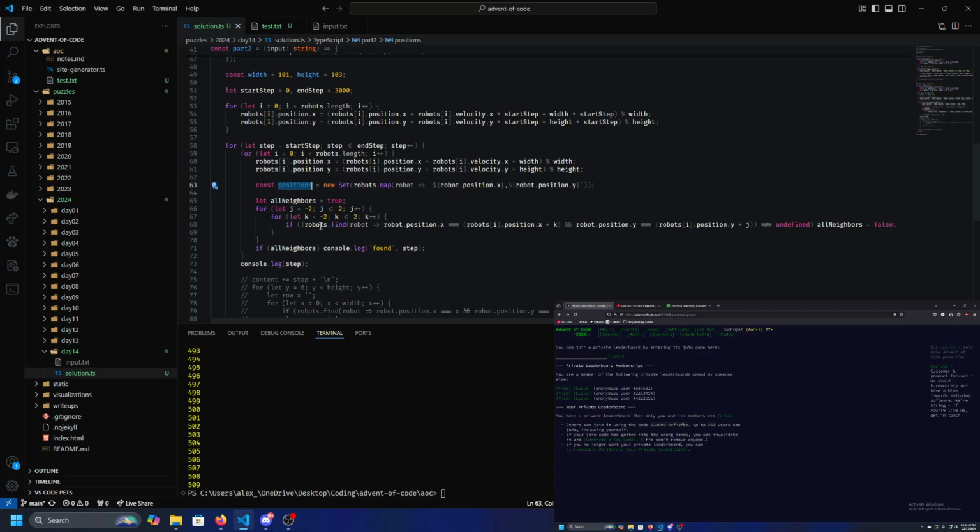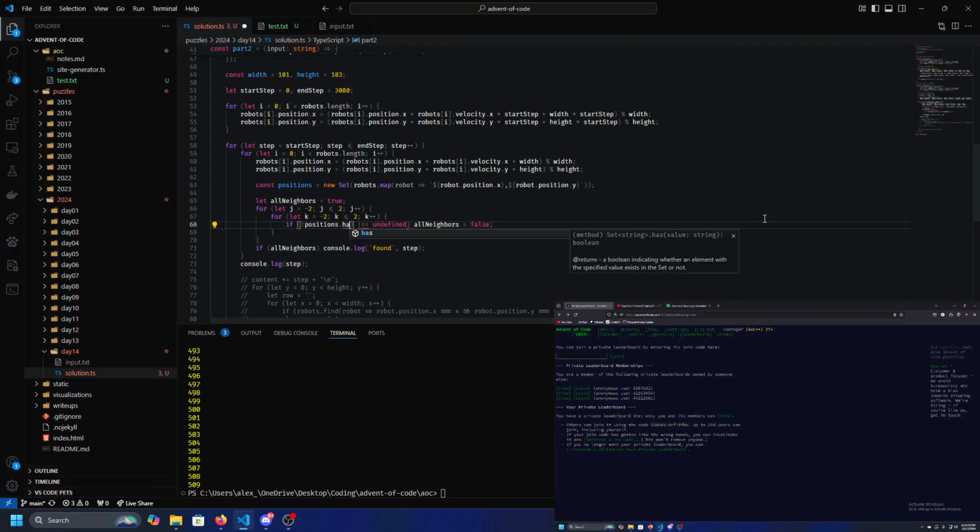And then instead of doing this, if robots doesn't have, now string, I feel like string operations though would be slower or faster than array operations, but that's just if I am